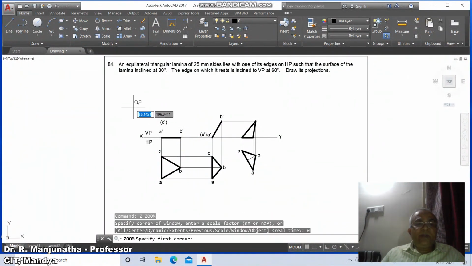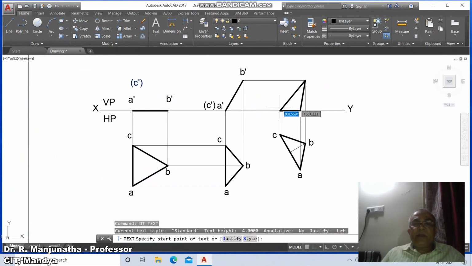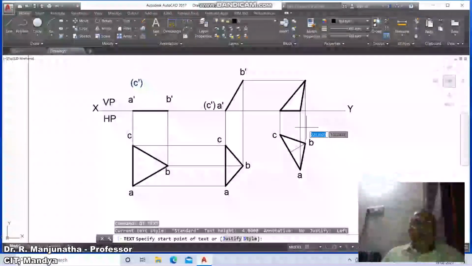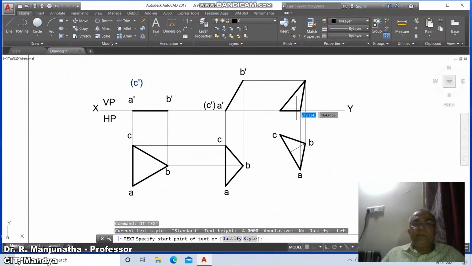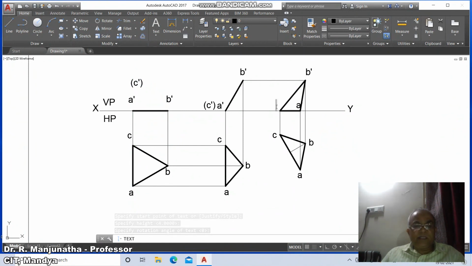Then go to zoom window, select between this and go to the text, and here you mark this as A dash, you mark this as B dash, and you mark this as C dash, and enter.